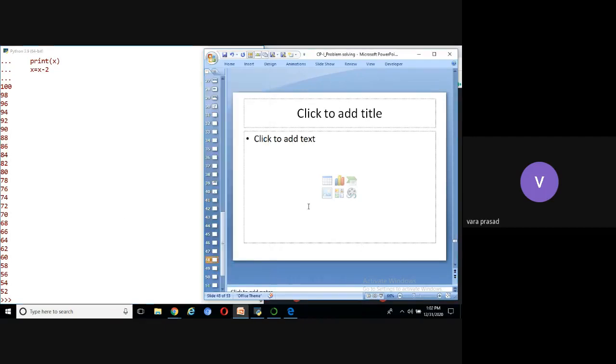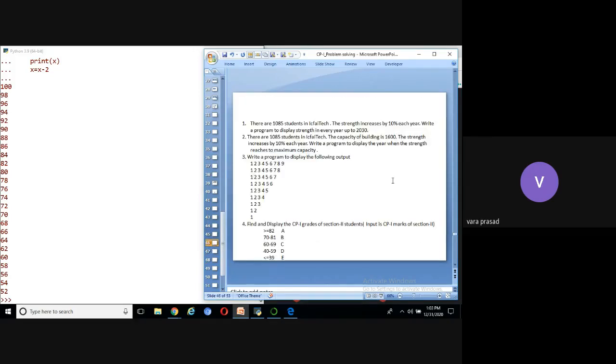Come back to our problem. You will understand here clearly. See the first one. You need to display the total strength in each year up to 2030.